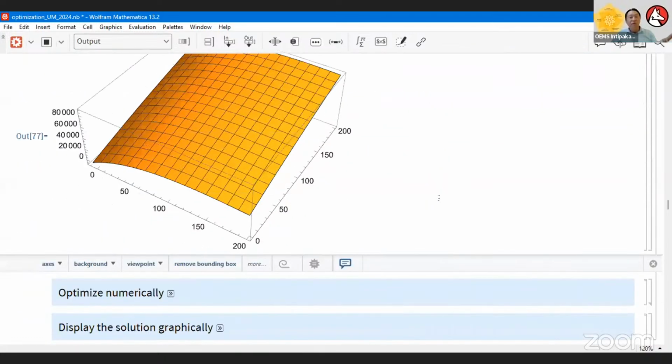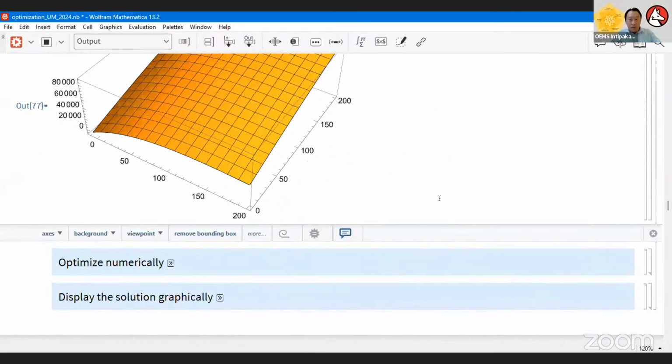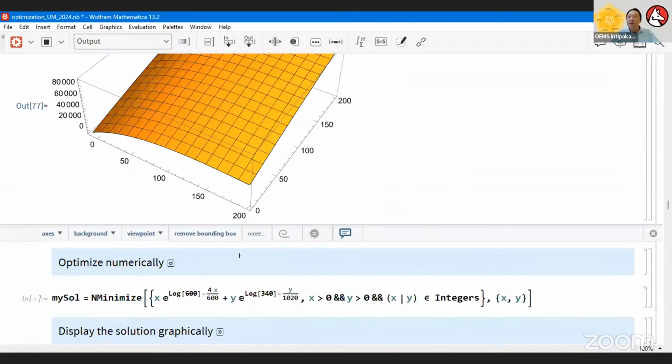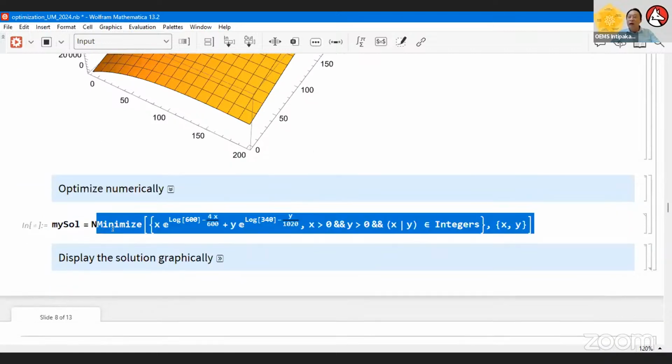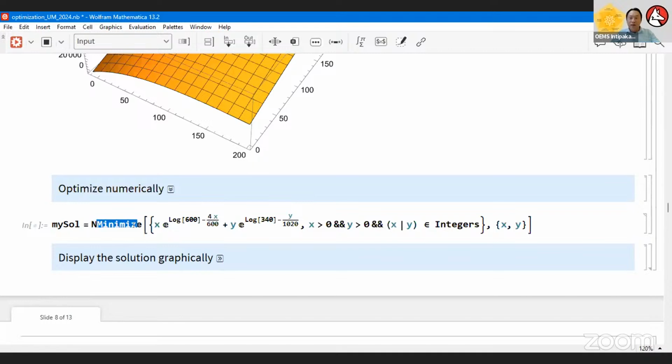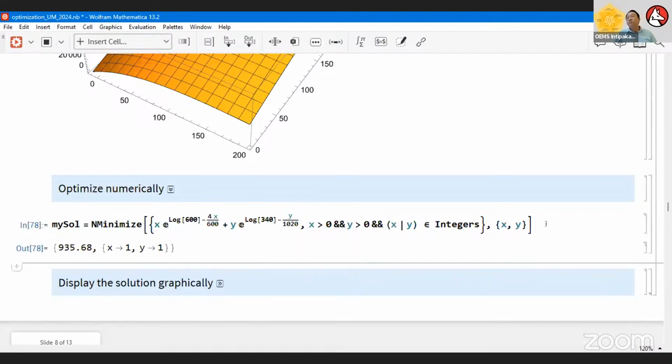Now you see the workflow is coming up very systematic to you right now. Now I want to do optimizations numerically. Say, I want to again minimize, numerically solve it. Now if I numerically solve it, again, strictly it can give me an output right away. Say z will be 935.68, x is, y is...